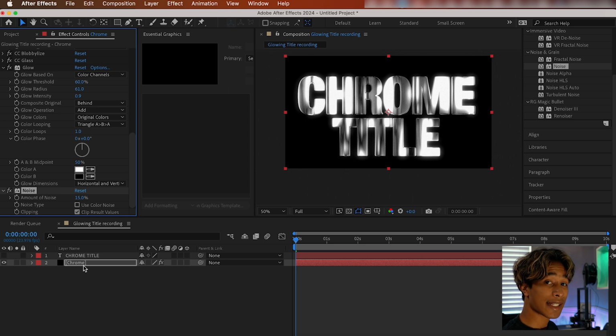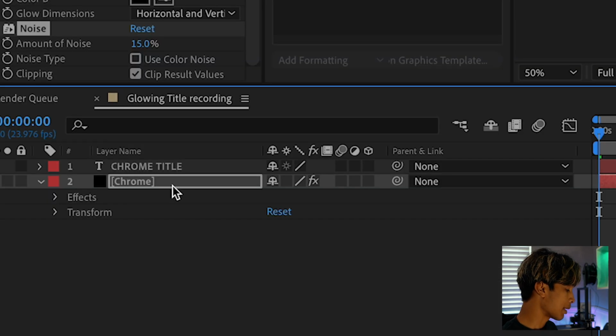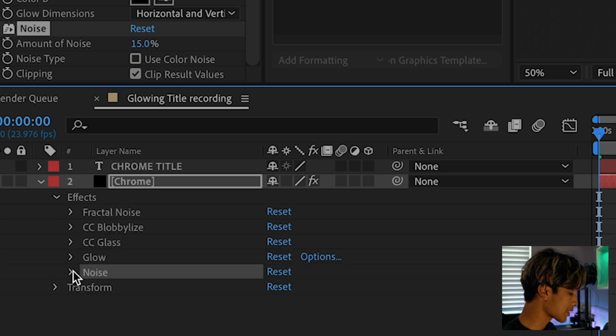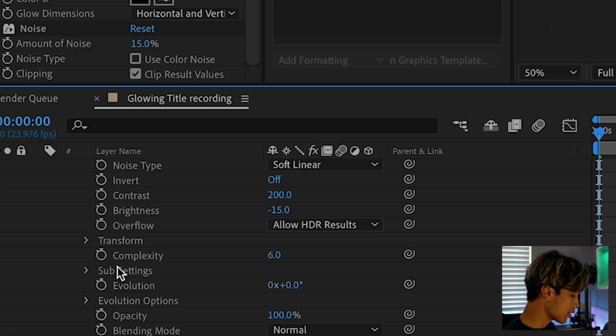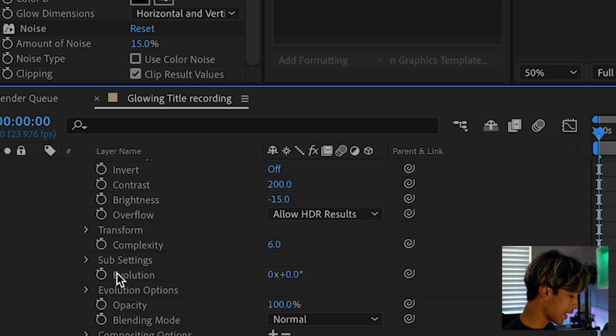Now it's time to go ahead and add some animation to it to just make it feel a little bit more natural and flow like. I'm going to hit the drop down on our chrome layer, hit the drop down on effects, and then hit the drop down one more time on the fractal noise. And now we're going to go over here to the evolution keyframe, and very quick important tip, we're going to use an